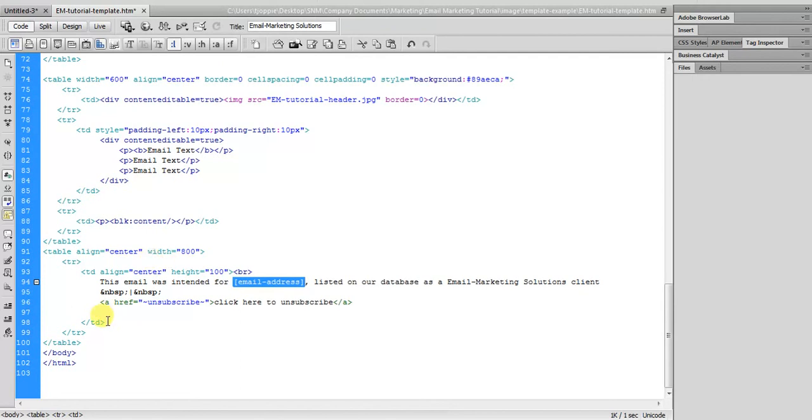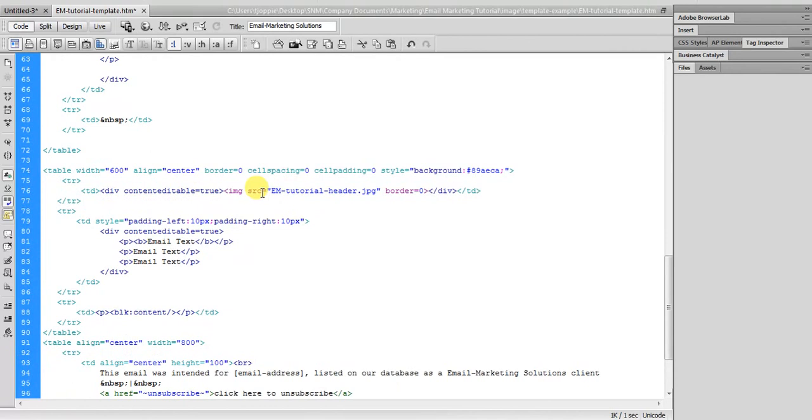Okay, then once you're done, just make sure you close your body tag and you close your HTML tag, and the tags that you've inserted are between the body tags. So once you're done, you can save, and then you're ready to import the